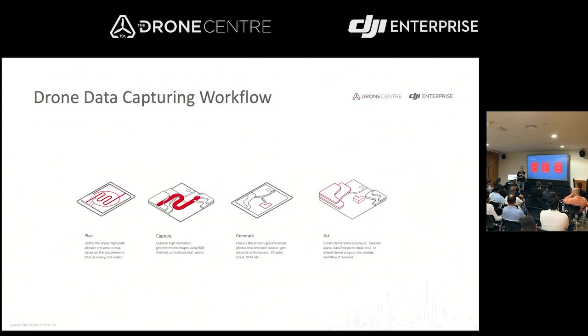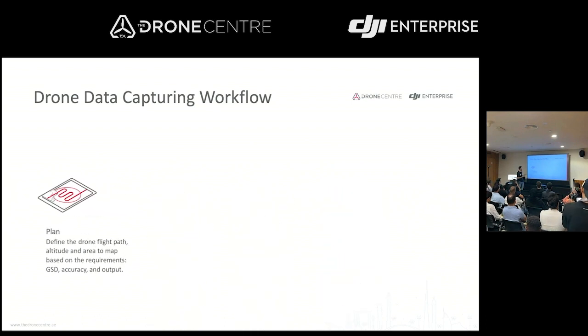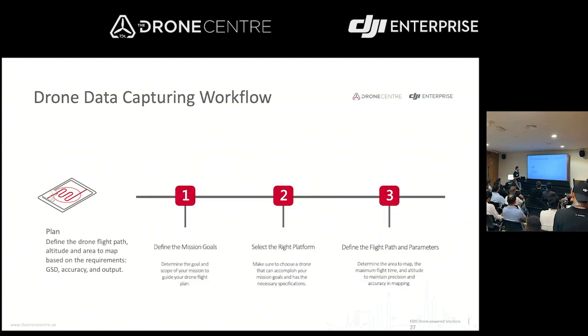a good plan: how to plan the mission, how to plan the GPS, how to fly across the wind or not across the wind. So to have this accuracy, we defined the flight path, altitude, and which sensor we use. The altitude was 120. Our GSD was less than 3 centimeters because we need good resolution to determine all the features: buildings, trees, rocks, roads, because we need to find where the pipeline is